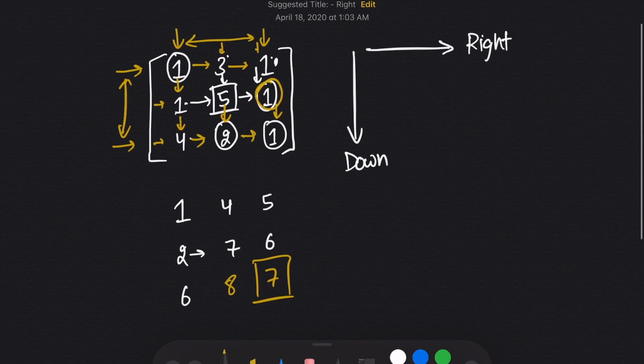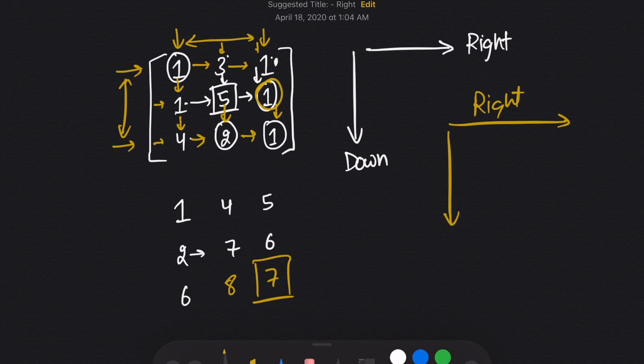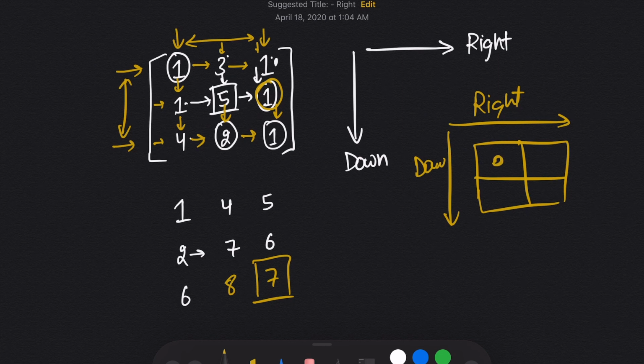So what is the takeaway from here? For the first row, we have only one option, to move in the right direction and keep adding. And for the first column, we have just one option, move down and keep adding values. And for the rest of the matrix, for every cell, we will take the minimum value from the upper and the left side, and I will keep modifying my matrix. When I come here, I will choose either from this side or this side. When I come here, from this side or this side. And what value will I choose? The minimum value. And at the end, I will simply return the value in the last cell.